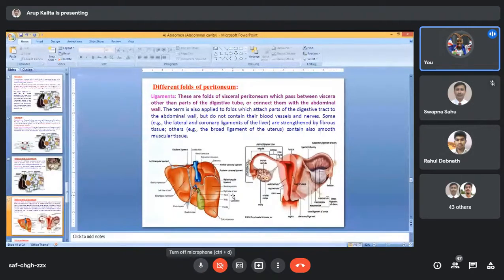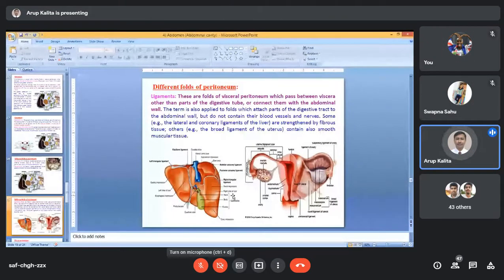Suppose generally the banner is tightened in a particular area with 4 different threads, right? So that it can be present in position. If you remove one thread, what will happen to the banner? It will not be in position, it will be folded, is it not? So similar to that, the function of the ligament is to hold the organ in position. Understood or not now?